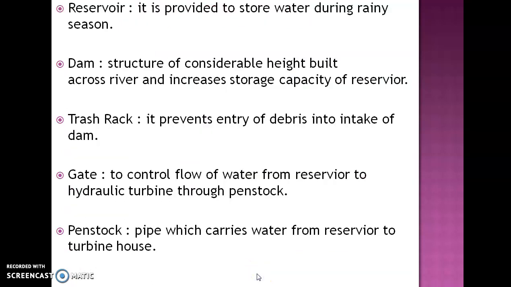Now what is the reservoir? It is provided to store water during the rainy season. What is the dam? It is a wall or structure of considerable height built across the river. It will increase the storage capacity of the reservoir. Then what is the trash rack? It prevents entry of debris into the intake of a dam. What is the gate? The gate is used to control the flow of water from the reservoir to the turbine through a